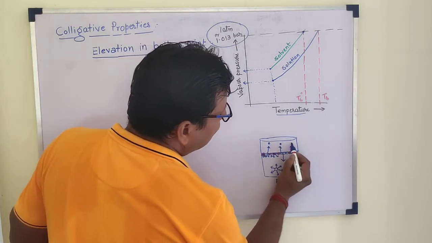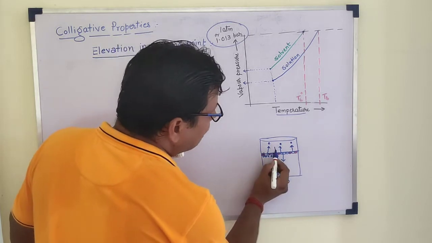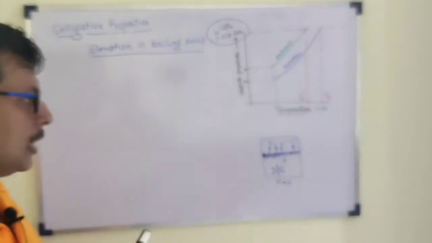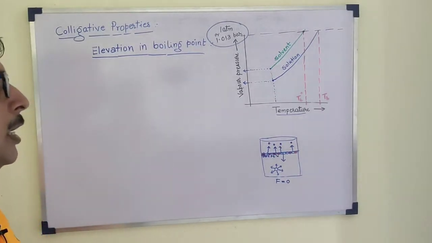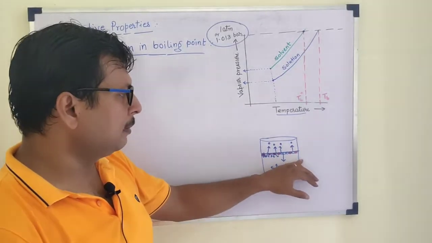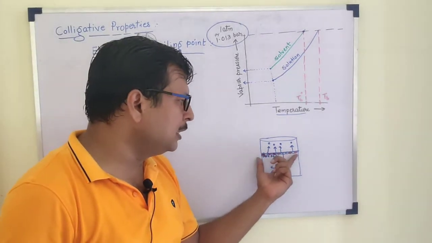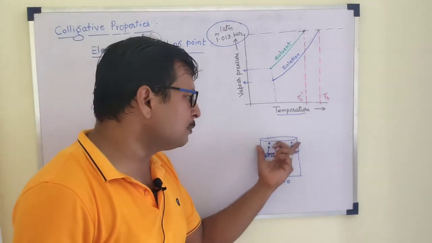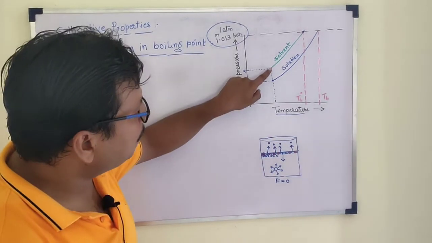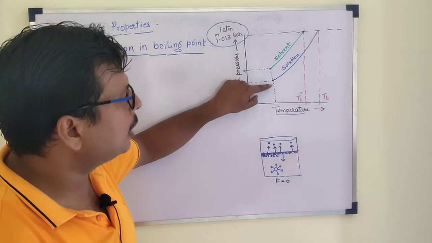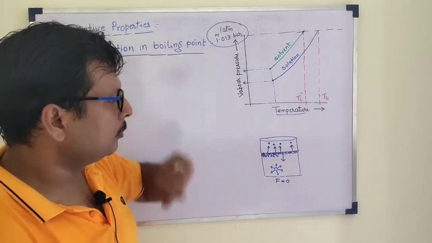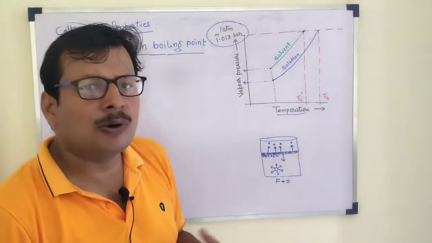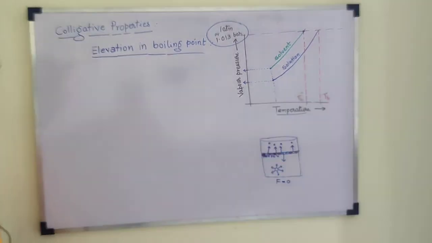As you studied in 9th class, greater the surface area, greater the evaporation. Lesser the surface area, lesser will be the evaporation. At a particular temperature, because of this decreased surface area of the solvent in solution, less vapor is formed, hence the vapor pressure of the solution is less than the solvent. Okay, because some surface area is occupied by the solute which is non-volatile.